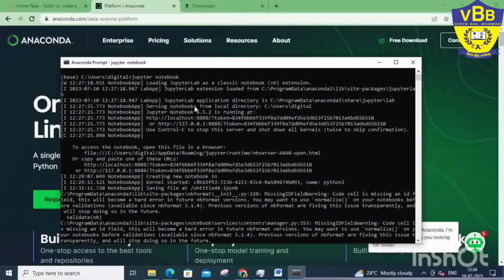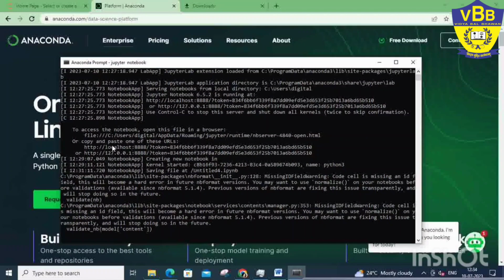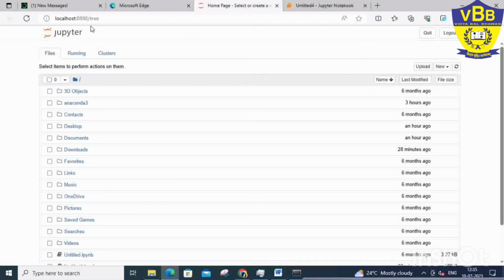connections with the Python and Anaconda. Once it is done, it will show you the link. This is the link. You can copy and paste this URL in the browser, and Jupyter Notebook will get open, or it will automatically also open in the browser. But if it does not get open, you can type this link and it will get open in the browser. This kind of home page will be displayed when it opens.